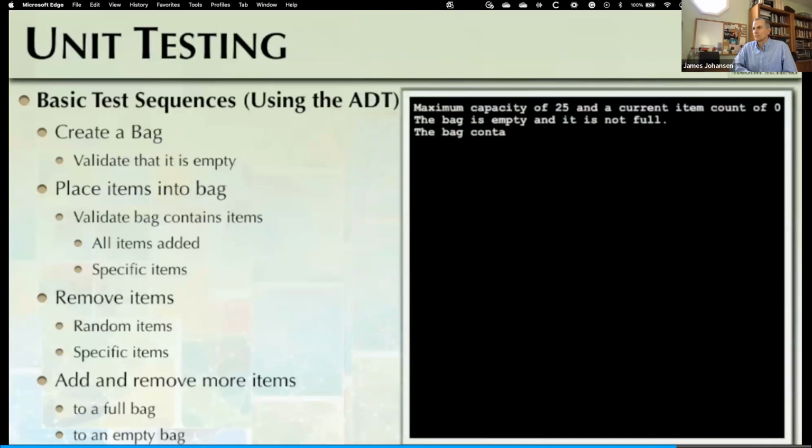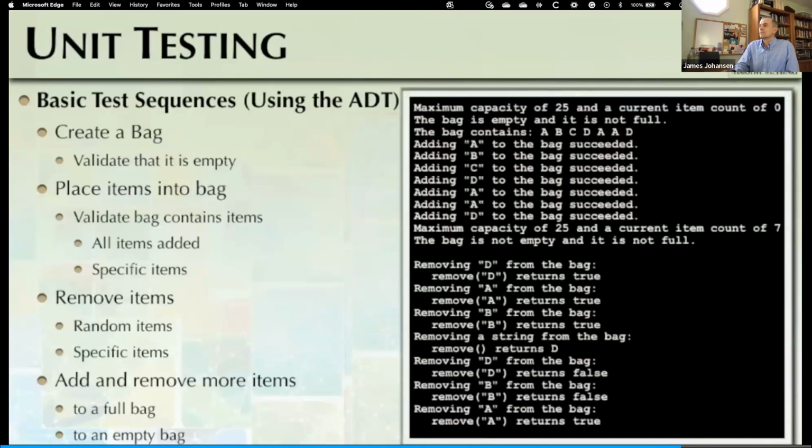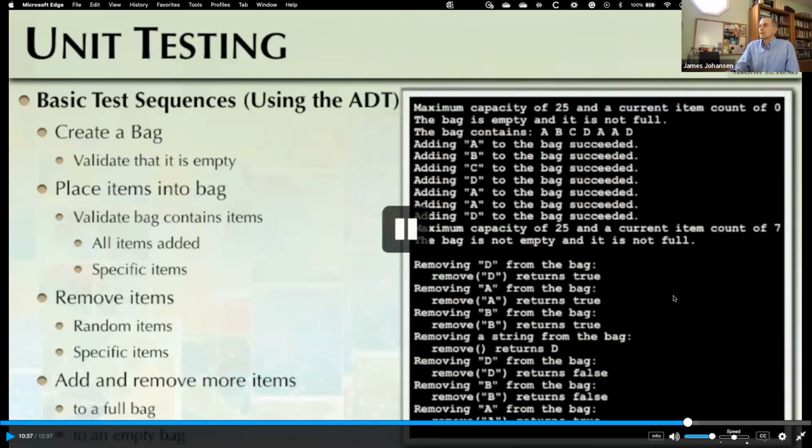When our bag implementation test driver is run, we see testing output that shows the activities our bag was put through. So we're going to be seeing this as we look through the sample code that we have from the authors and publishers. This is the kind of way things look in a driver. So this isn't helping us to figure out who won the Tour de France in stage number 4.